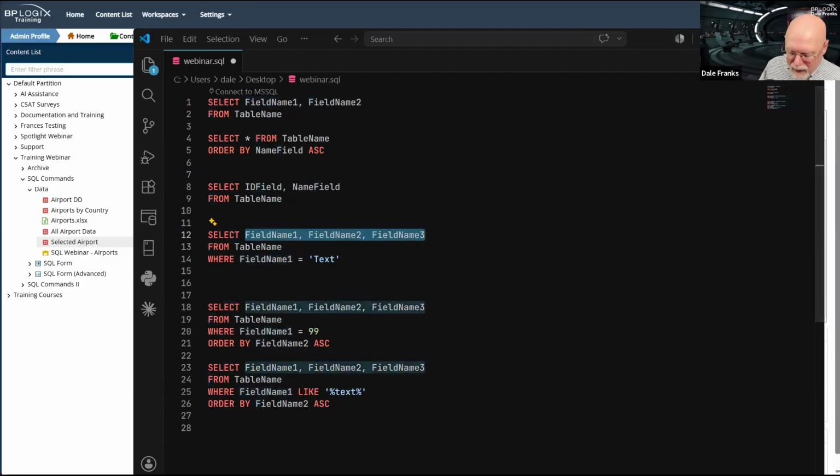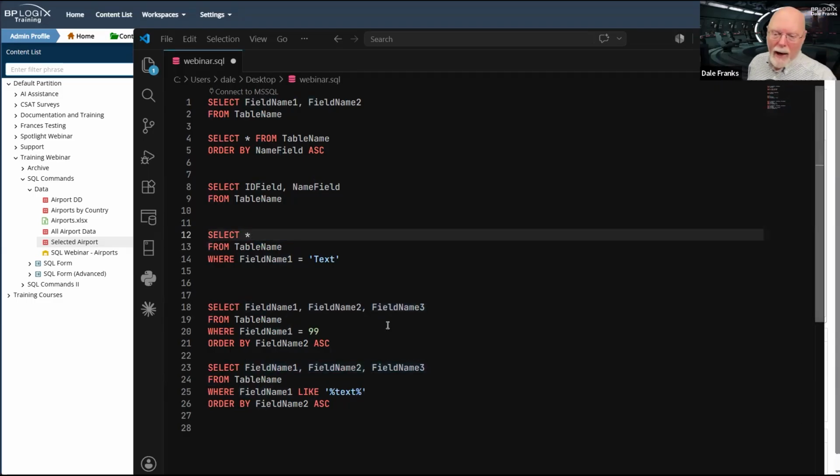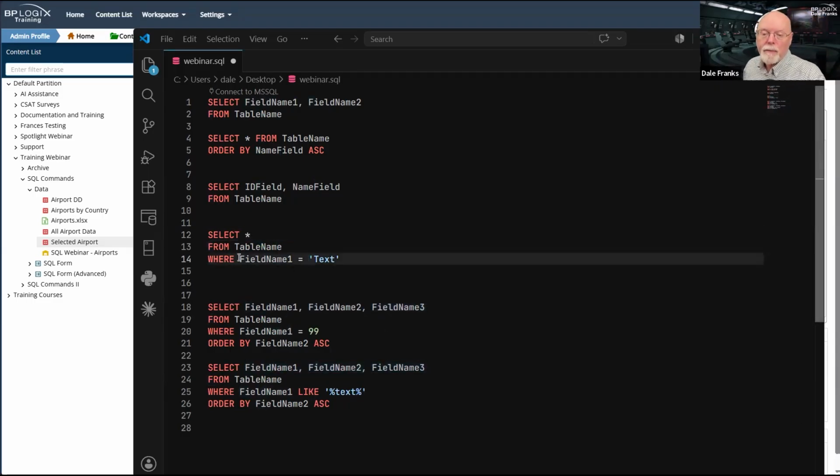Well, because I need all of the data, I can get away with just going back to using my star. What I can't get away with is how I'm going to grab a single piece of data. Now I've got to use that ID field. It gets a little complex on how we're going to do that.